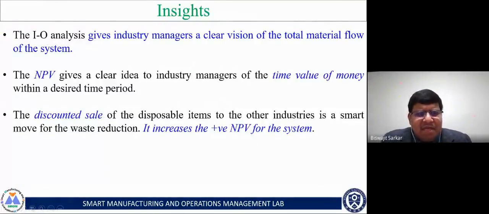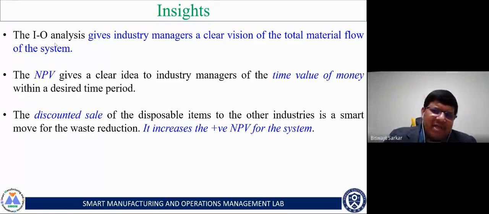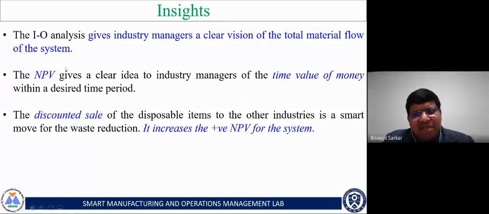As for the insight, the input-output analysis gives the industry manager a clear vision of the total material flow in the system, not just the finished products. Finished products means, for example, a computer. It's not just how many computers you have; we need information on how many hard disks, how many RAM, how many keyboards. Then the industry can decide how many computers they can sell to the market. So this gives a clear vision of all the material flow,